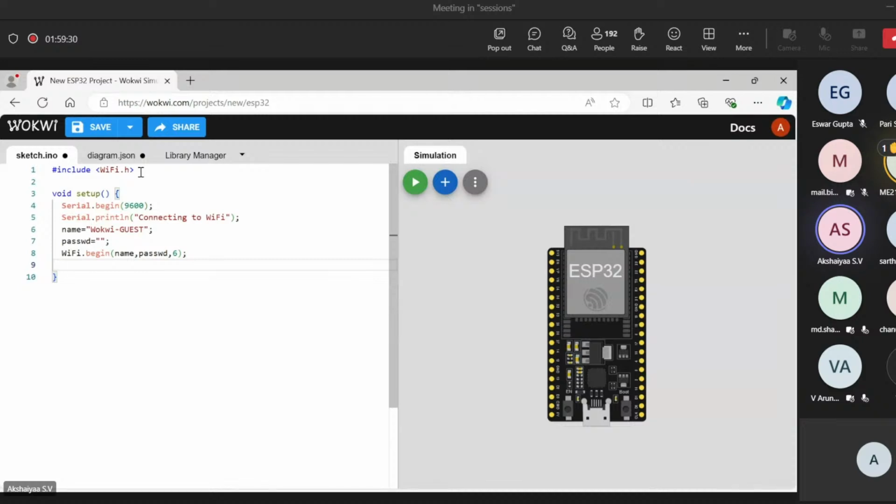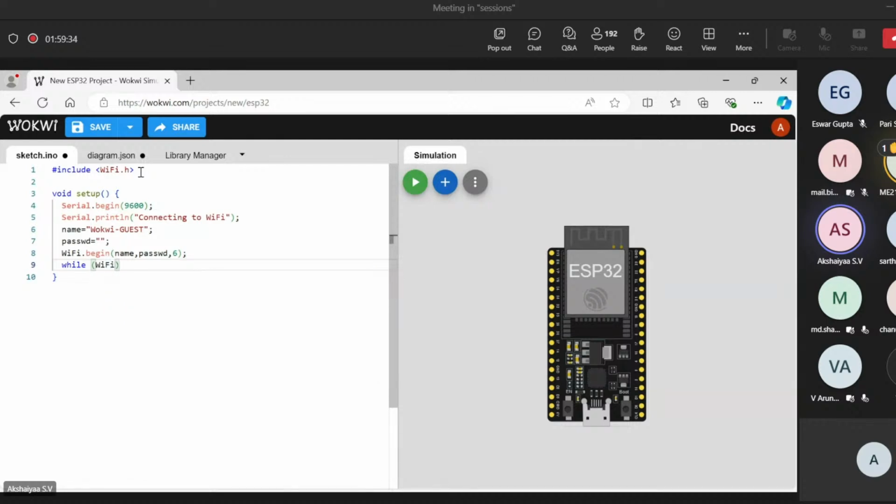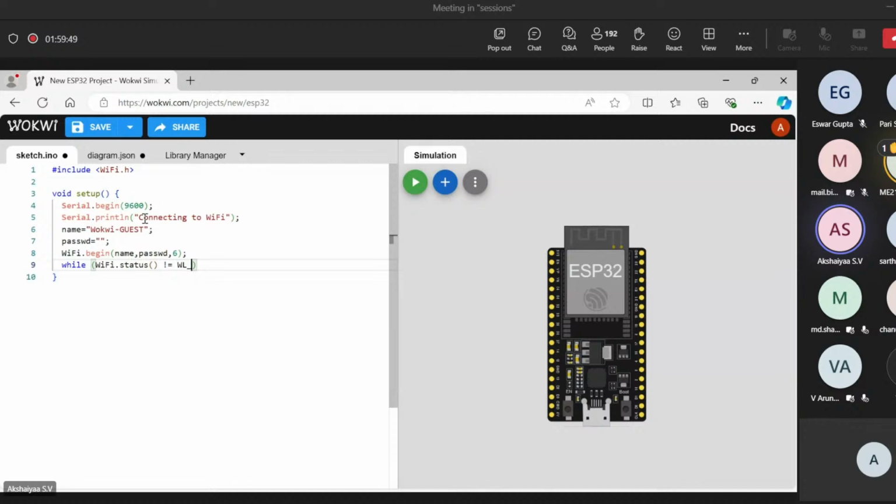And now we'll connect it. While WiFi.status() is not connected. There is this command called WiFi.status, and it shows the status of whether it's connected or not. If it is connected, it returns an inbuilt constant called WL_CONNECTED. You don't need to worry about the name; it's an inbuilt constant presented by the protocol itself.